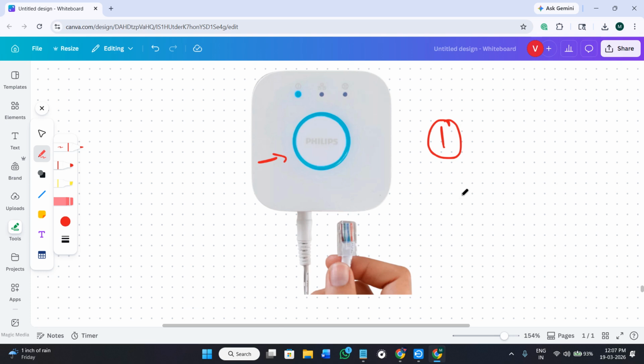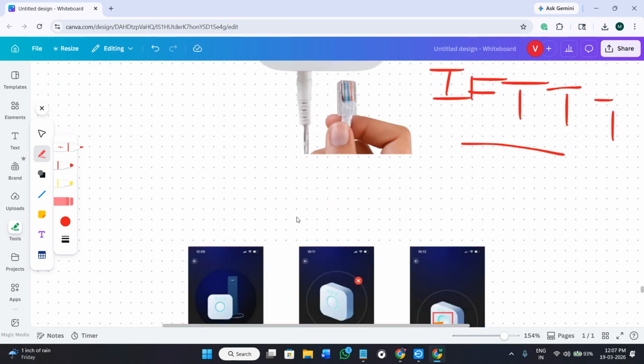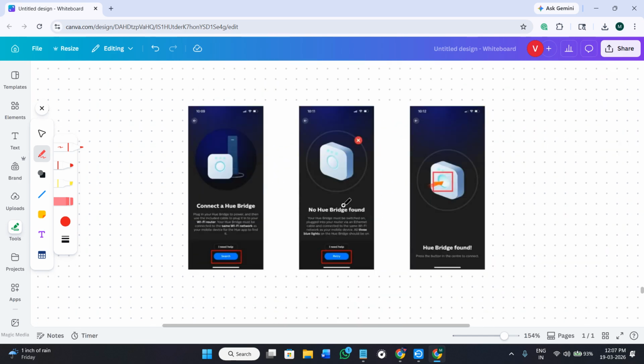Now, the correct way to connect both is via the automation tools, like it is called IFTTT. So the steps is to basically install this IFTTT app. Then you are going to connect your Philips Hue account with it. Then you are going to connect your Smart Life account with it. After that, you can create an automation, and this is going to basically link both the systems indirectly and it